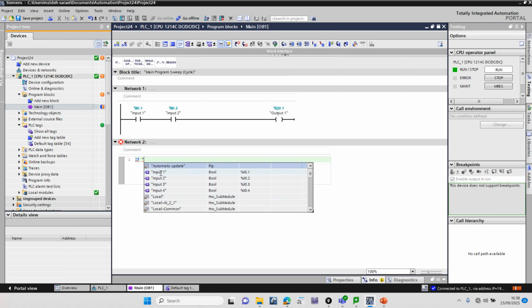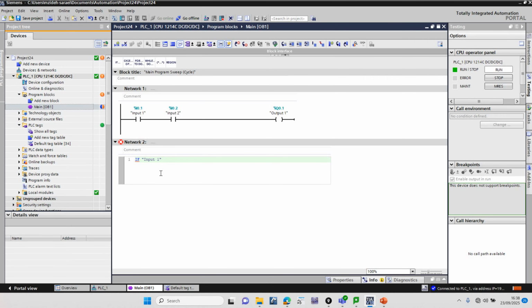So we say if input number 1 is equal to 1, or sometimes you can write high, or true. There is no difference. Either of them will give you the same result. So if input number 1 is equal to true,